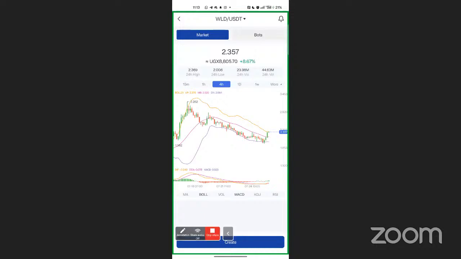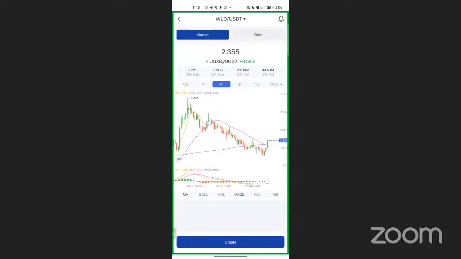If you are not comfortable with the Bollinger Bands to confirm where the trend of the market is, you can change from Bollinger Bands to the moving averages. What do you see is anticipated here in the 4 hour time frame? Because we said these are used in anticipation. What do we anticipate here? At scenario A, what do we anticipate? What do you see that is about to happen? Because the information is clear.